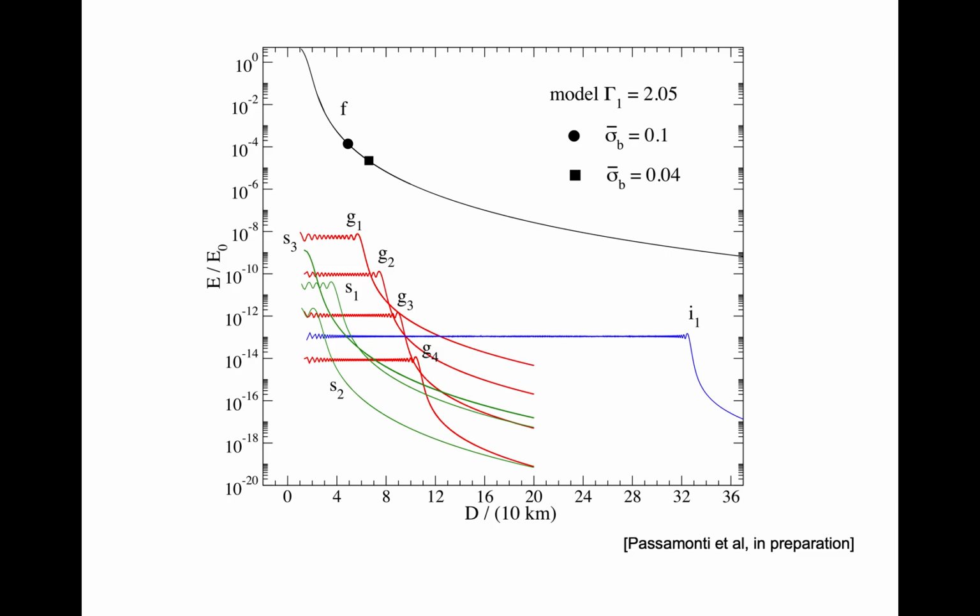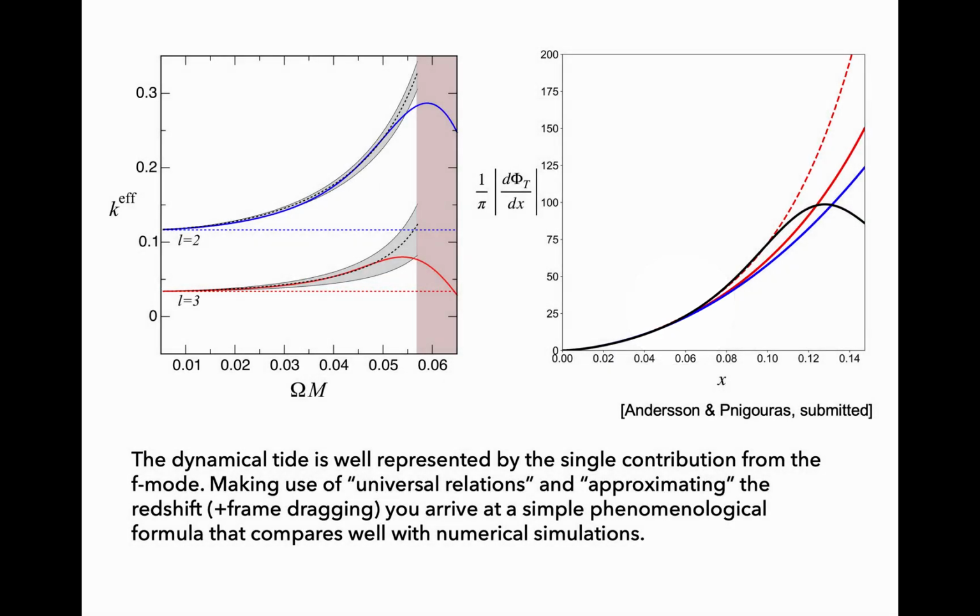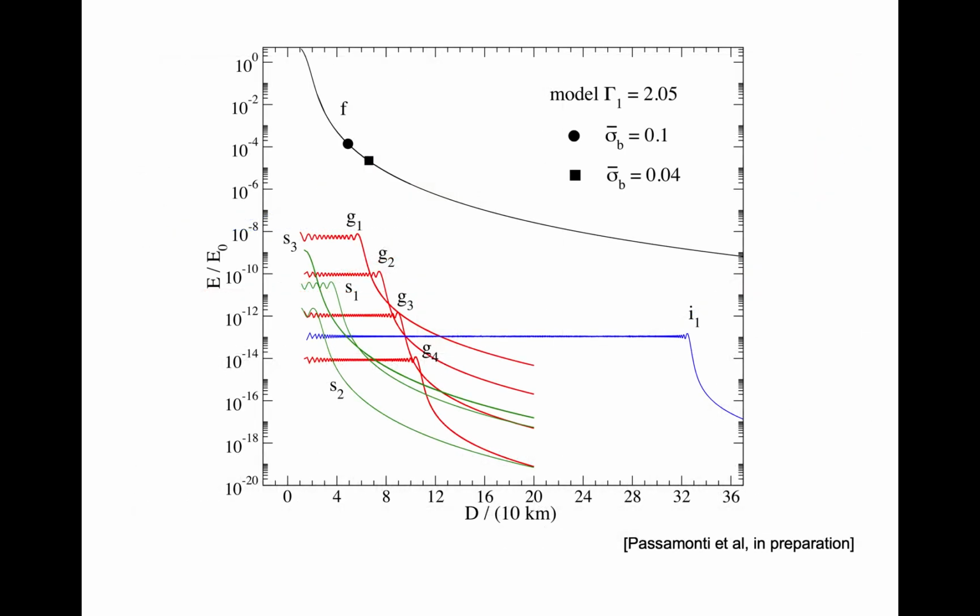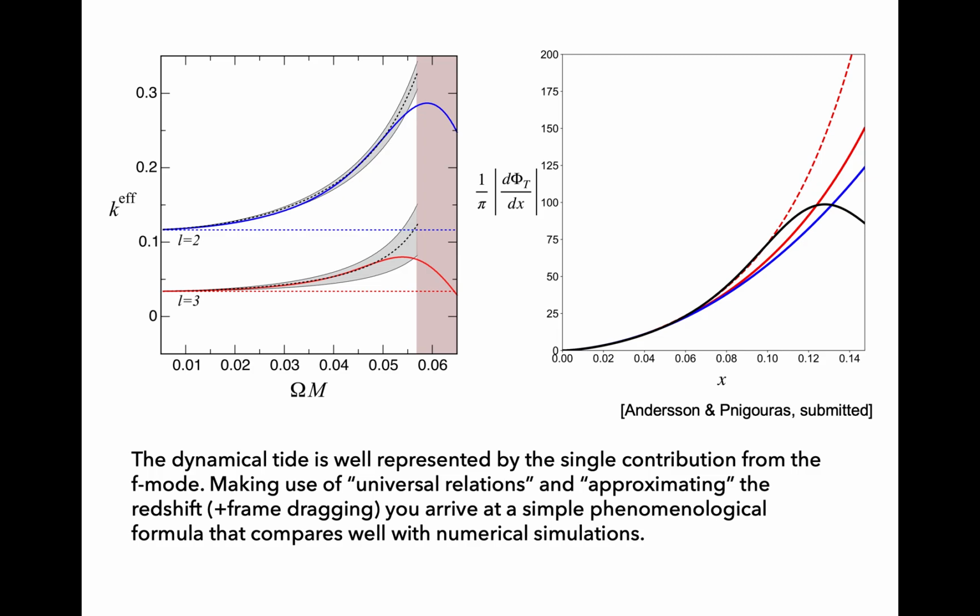Now, what we can do is play games with that and ask, well, suppose I don't really care about 1% corrections, but I focus on the F mode, on this F mode excitation here. Then how well can I do compared to numerical relativity simulations? So here's an example, with another set of work done with Pantelis Pnigouras, also in Rome, where we've taken the full set of modes, thrown everything away apart from the fundamental mode, and then played a couple of